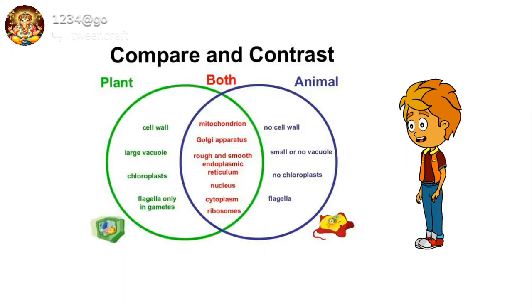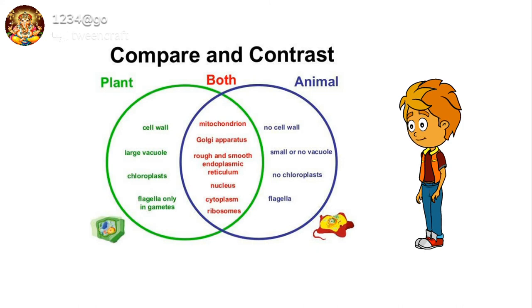Plant cell versus animal cell. A plant cell is larger than the animal cell. An animal cell is comparatively smaller in size than a plant cell. Second point, a plant cell is enclosed by a rigid cell wall which provides support to the cell. It contains a plasma membrane within the wall. Animal cell. Second point, cell wall is absent in animal cell.